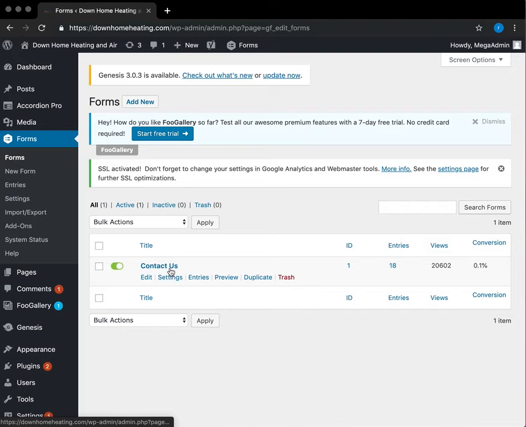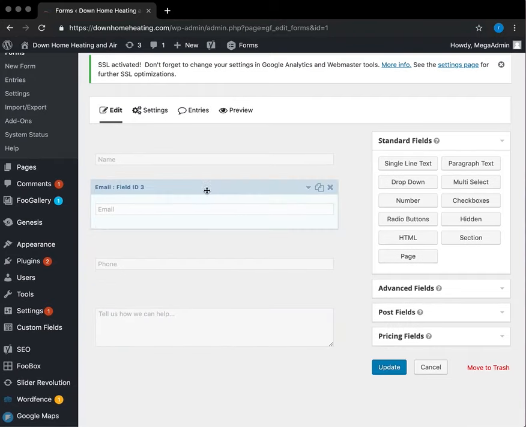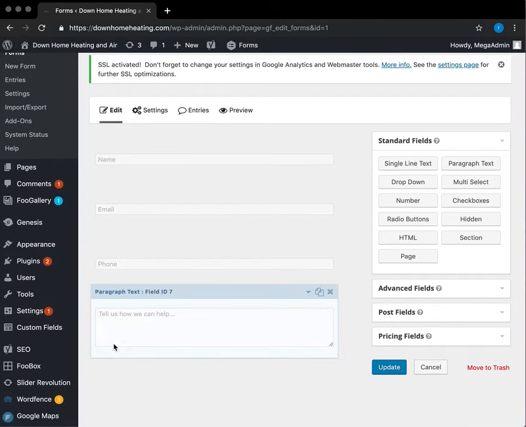Next, your forms. You guys have a contact us form. It's the first thing you see on your site. And here's what that looks like. Name, email, phone, tell us how we can help. And if you needed to create a new form or add anything new,